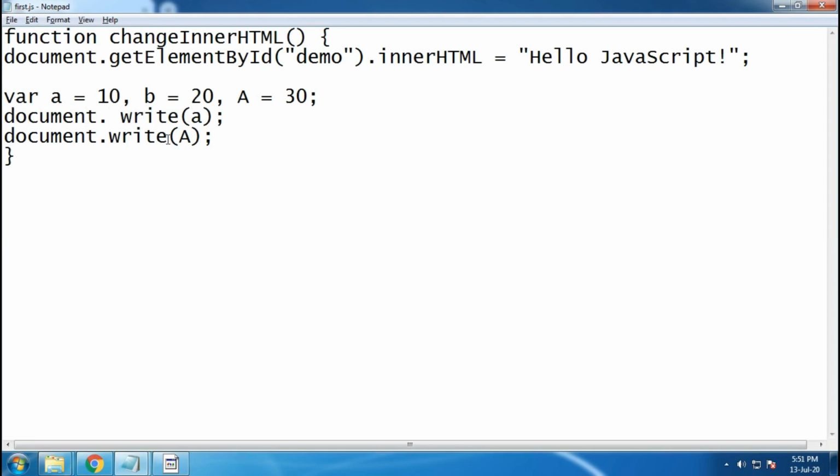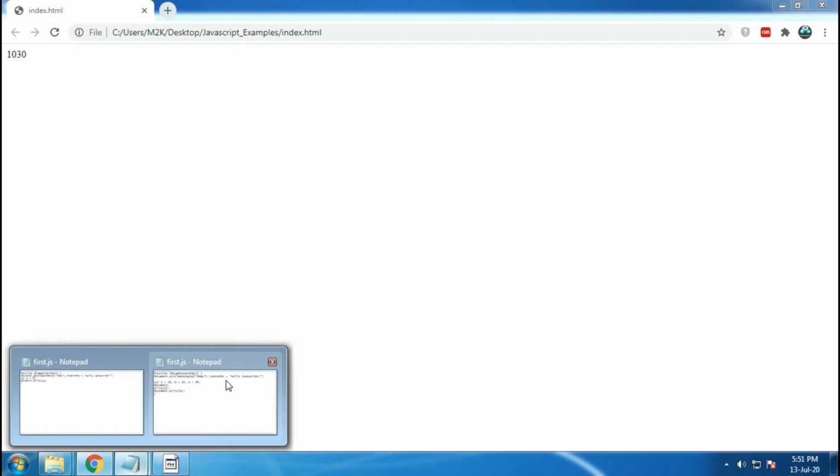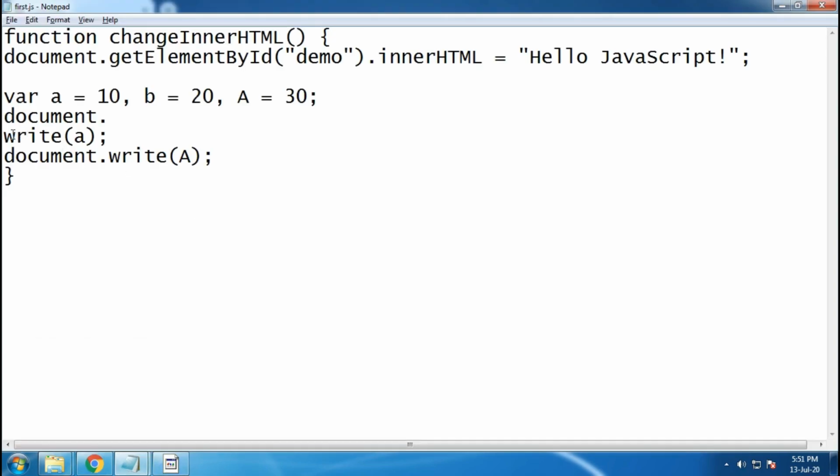So let's say when you are writing code and somehow you exceed that 80 characters, you can also break your line like this. You can break your line, and let me save it, and your JavaScript will still work. No issue there also. So you can also break your lines if your line exceeds 80 or whatever the standard you have set for your project, and it will not give you any issue.